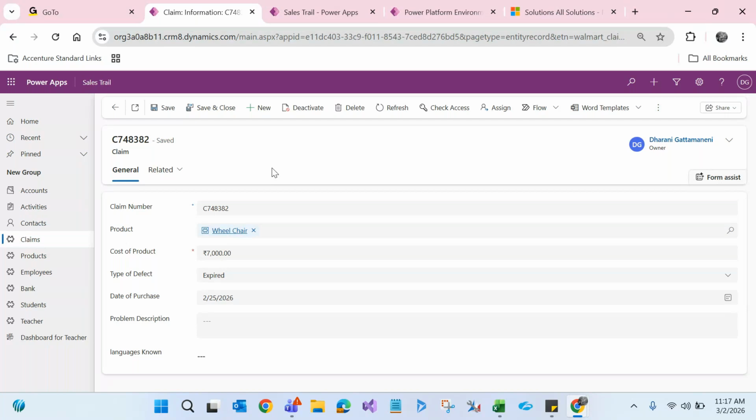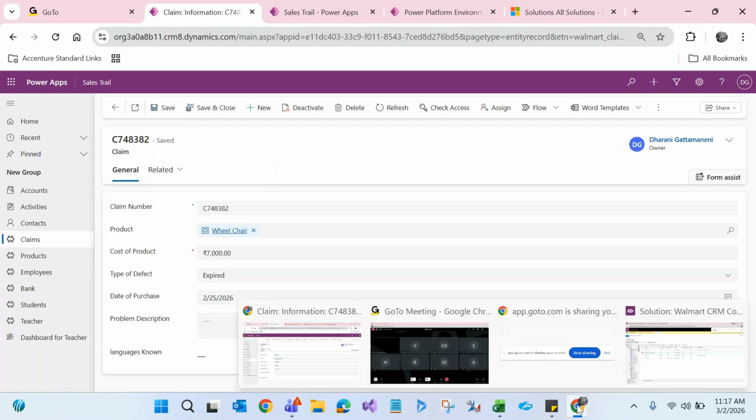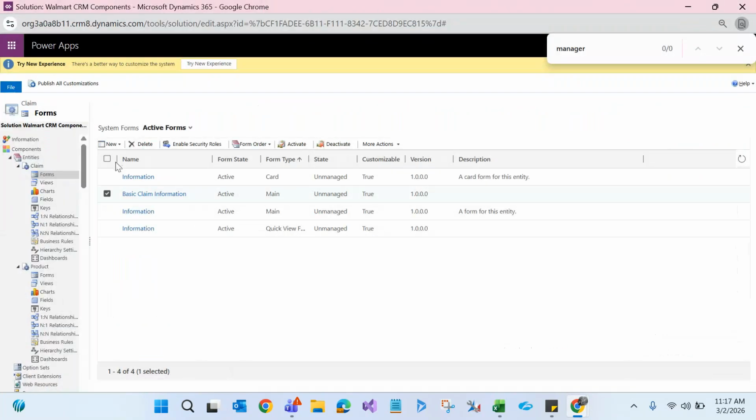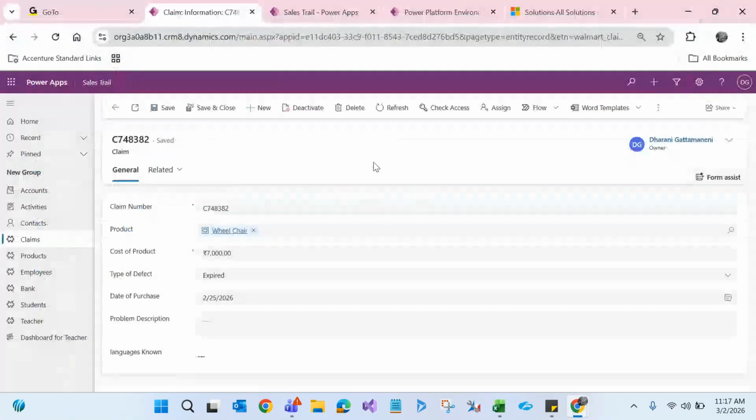So what is the next type of form that we have? After the main form, the quick view form. There is another type of form, which is the quick view form. What is the importance of the quick view form? Okay, I'll show you what is the importance. See here,